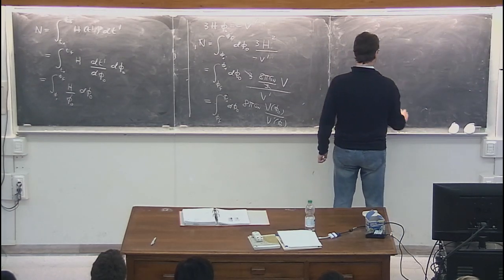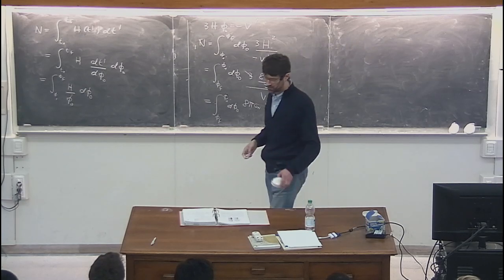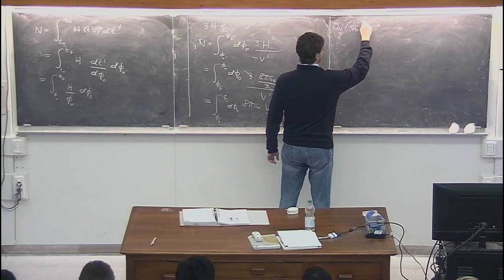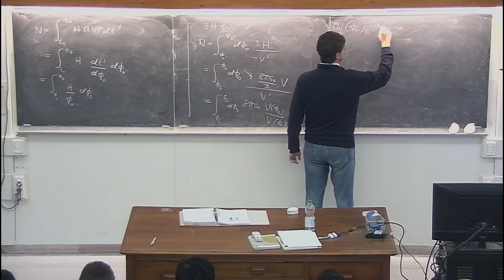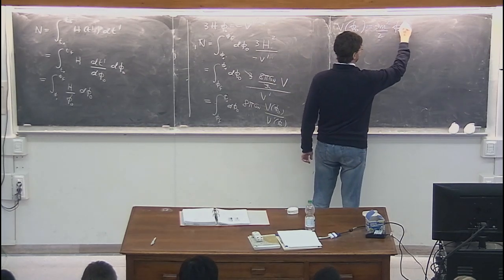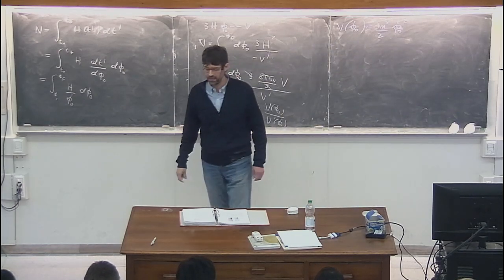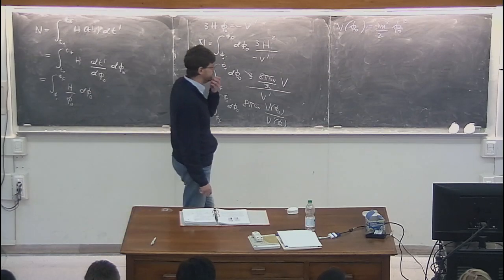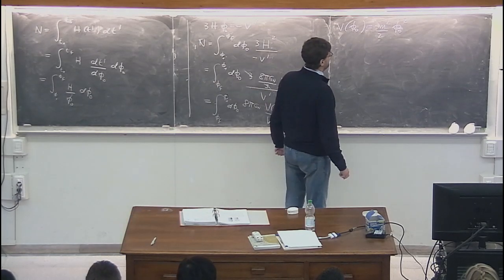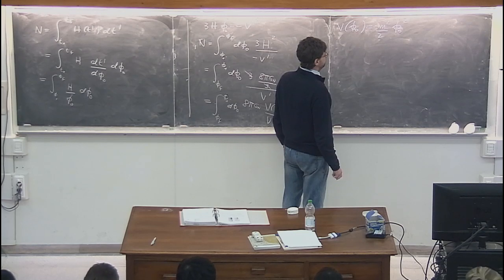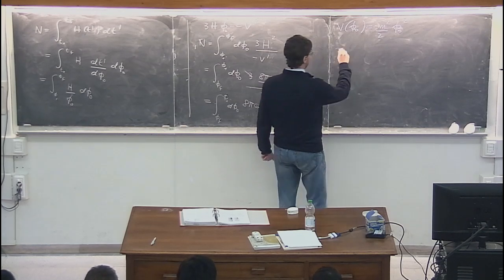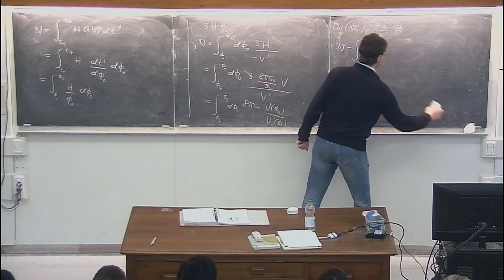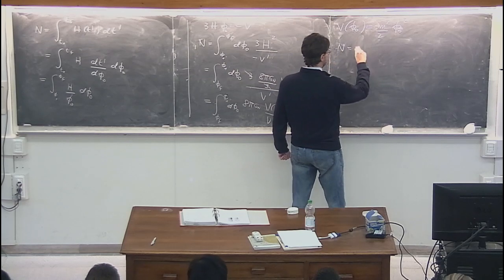Let's take the simplest model of inflation we can think of. V of phi 0 equal to m squared divided by 2 phi 0 squared. Okay? A free scalar field with a given mass m. No interaction whatsoever, and so on. All right, very well. So what is the total number of e-folds? Is the integral. Well, let me put the 8 pi G Newton outside. So it's 8 pi G Newton